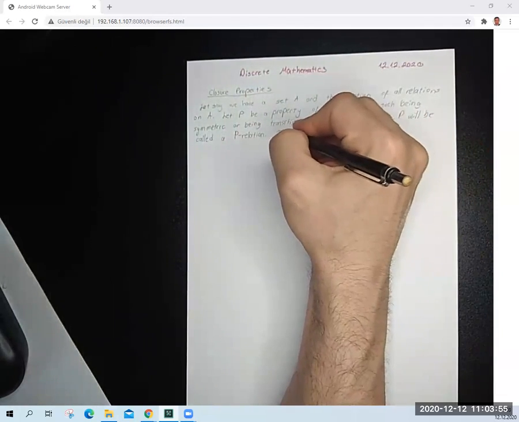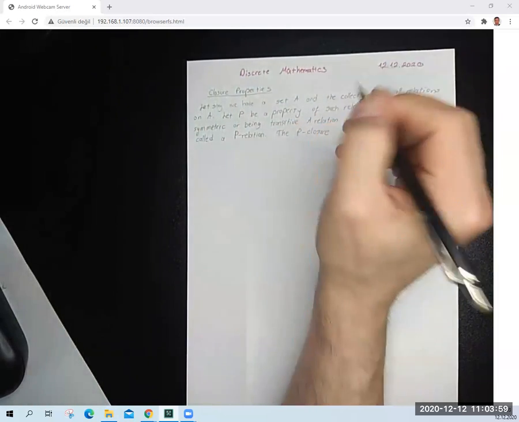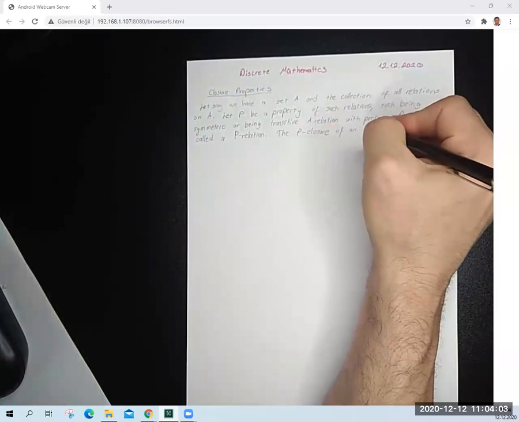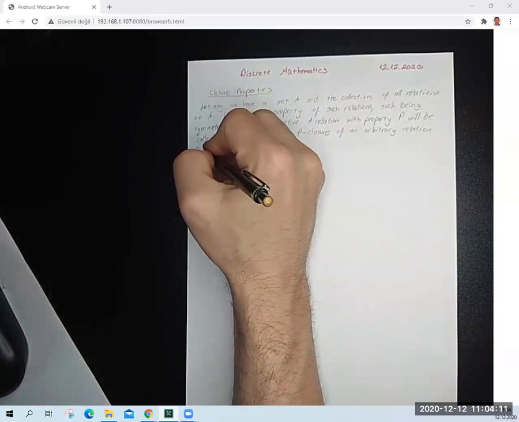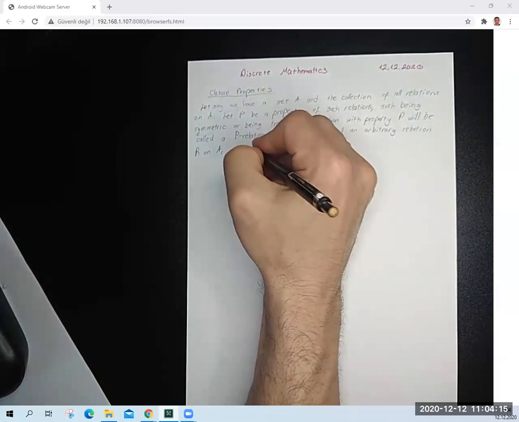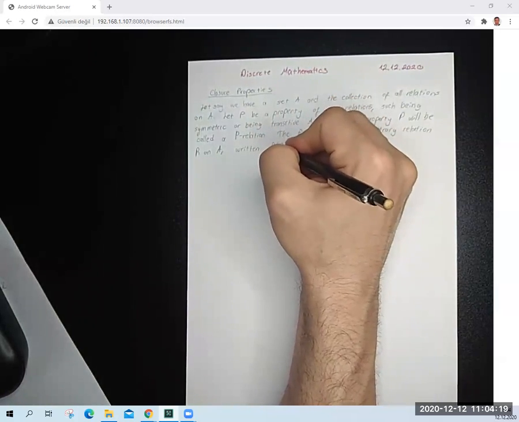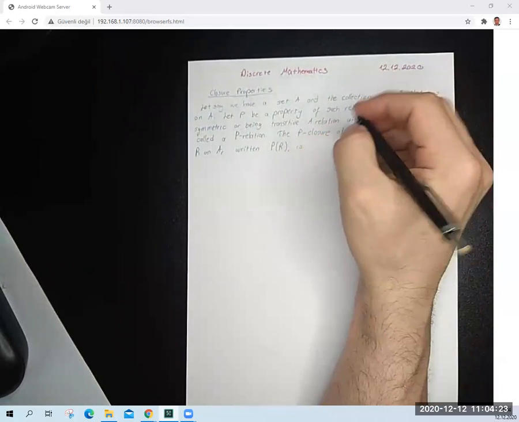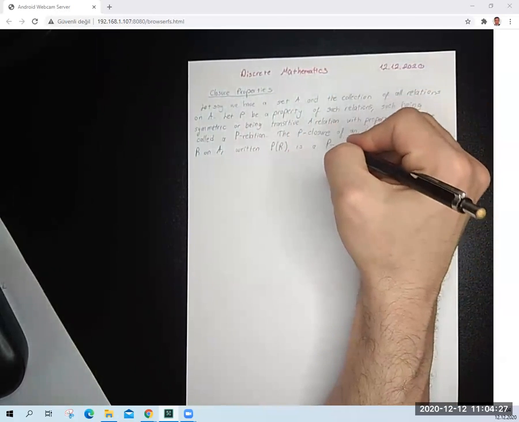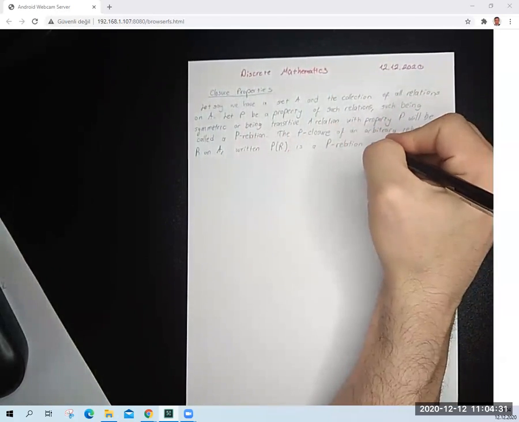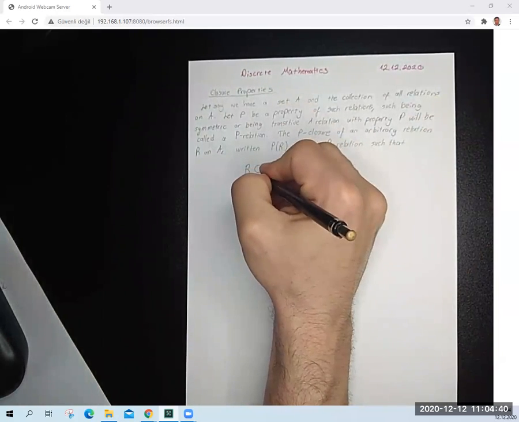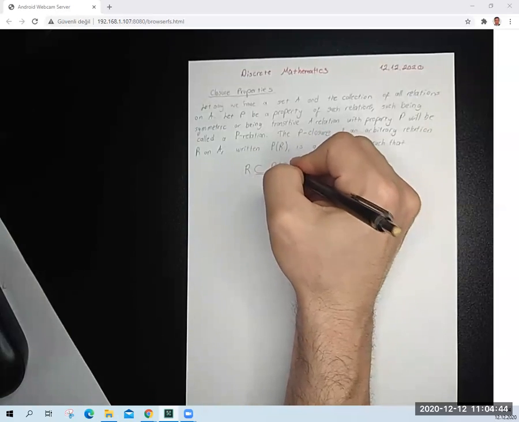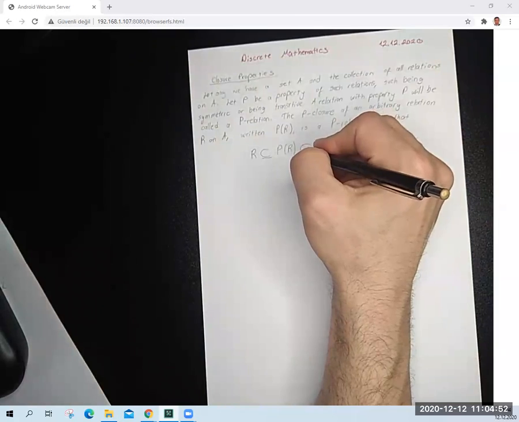The P closure of an arbitrary relation R on A, written P(R), is a P relation such that R is a subset of P(R), and it is also a subset of S,